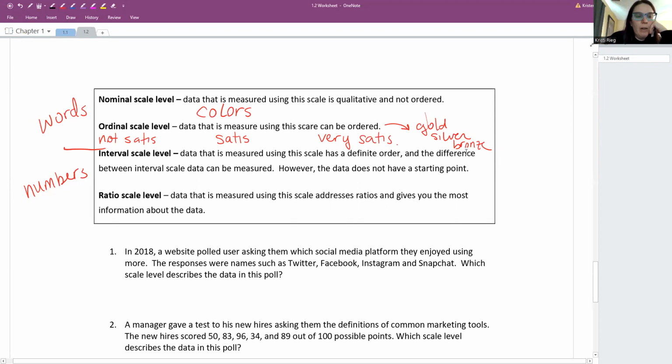Okay, now on to numbers. So for the interval scale, these have a definite order, and the difference between the scale can be measured. However, it does not have a starting point. And the best example of this is temperature,